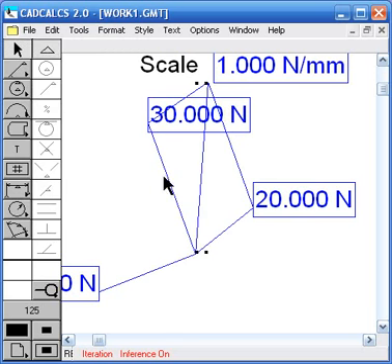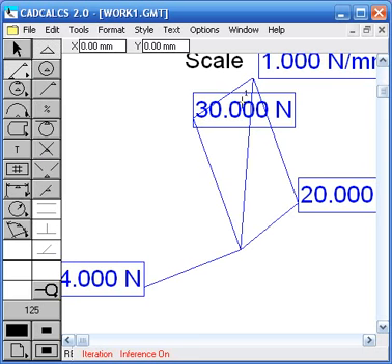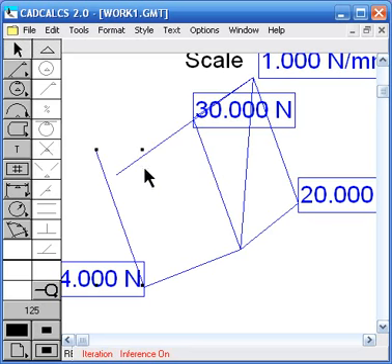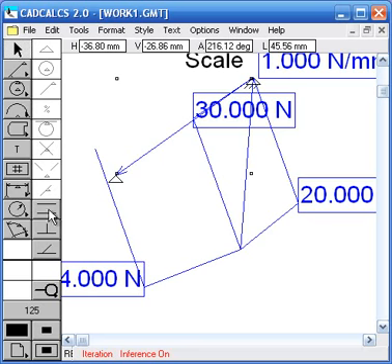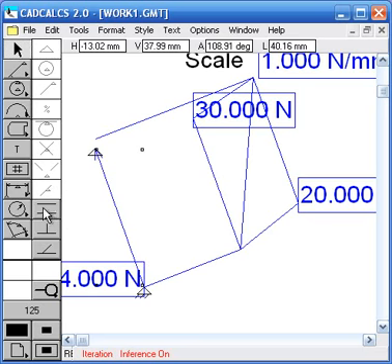So that's the resultant force of these two forces. Now I have to find the resultant force of this and this force, so I do the same process, and here just draw a line someplace, and here draw a line someplace. This is parallel to this, and this one is parallel to this,